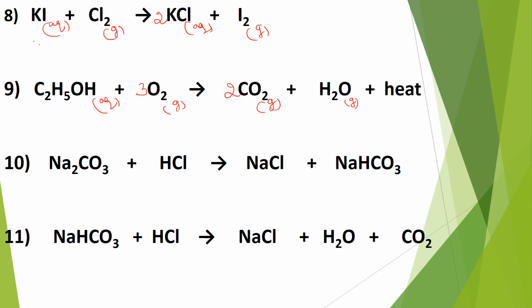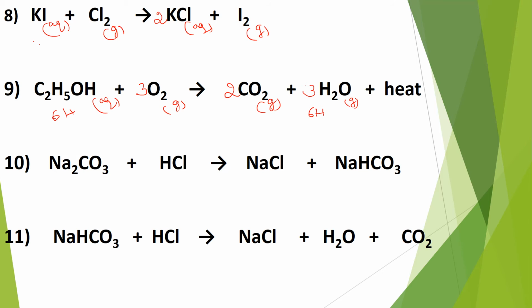Let me take the pen. So here you need to write 3H2O, so it becomes C2H5OH. 6H are there, and on the product side it is 3H2O, which means 3 into 2 is 6. 6H on the reactant side and 6H on the product side.